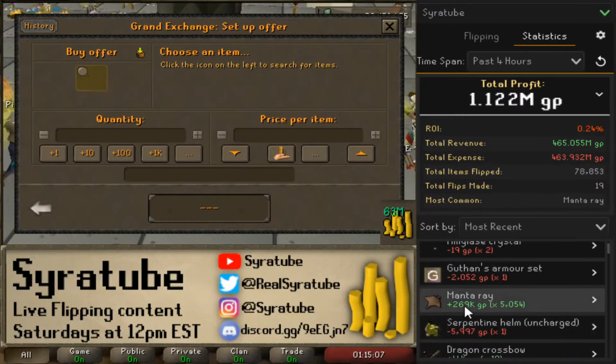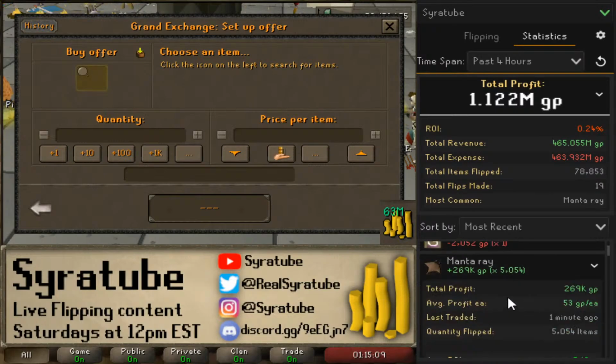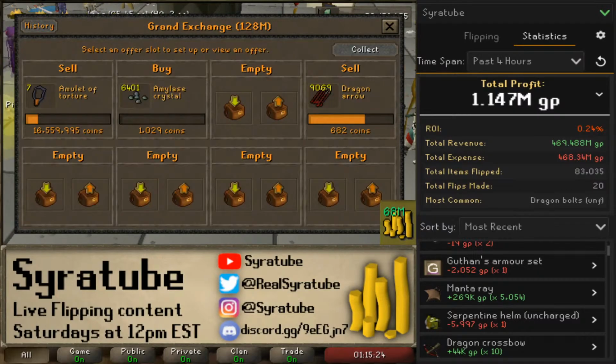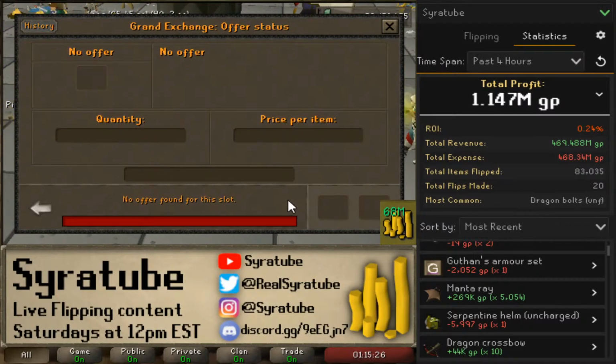Oh, wow. We made 270k on the mana rays. We didn't even get the whole limit. My goodness, man. That is a lot of money. That's probably one of the better mana ray flips I've ever had. So, just to show you the power of these, they are actually one of the top 100 traded items as well, the mana rays. So, that's crazy. Alright, we'll go ahead and collect all of our profits here,